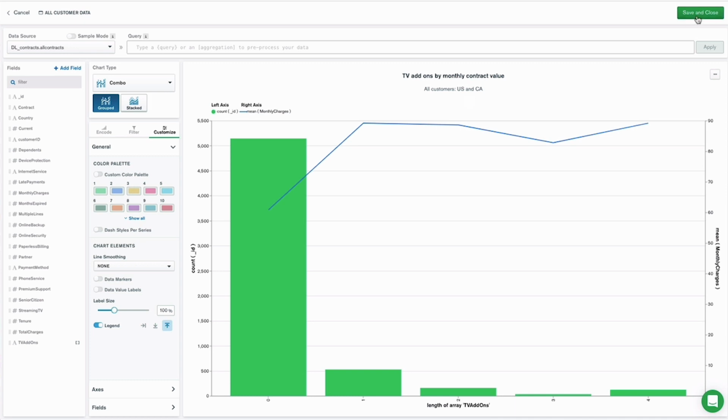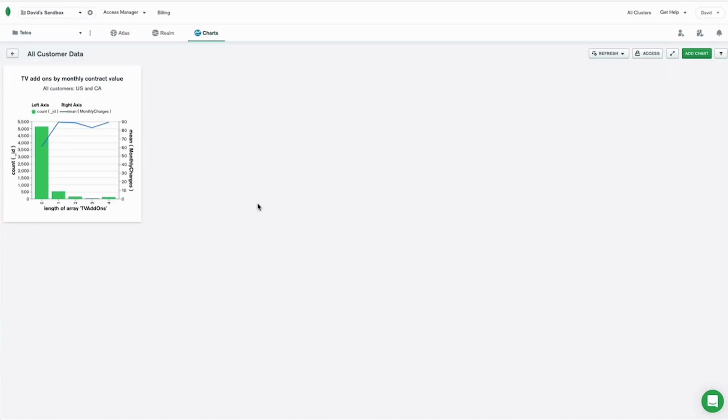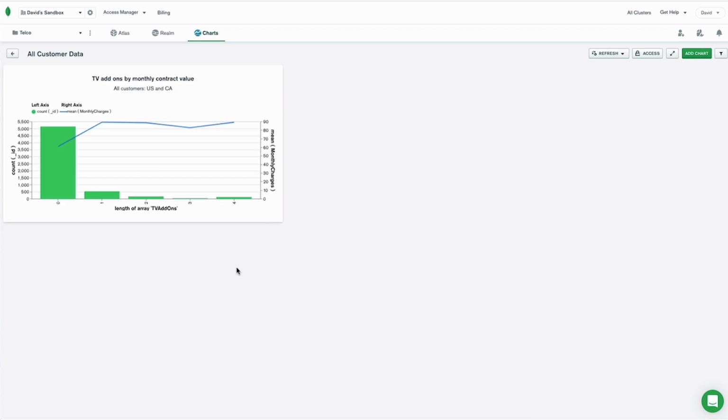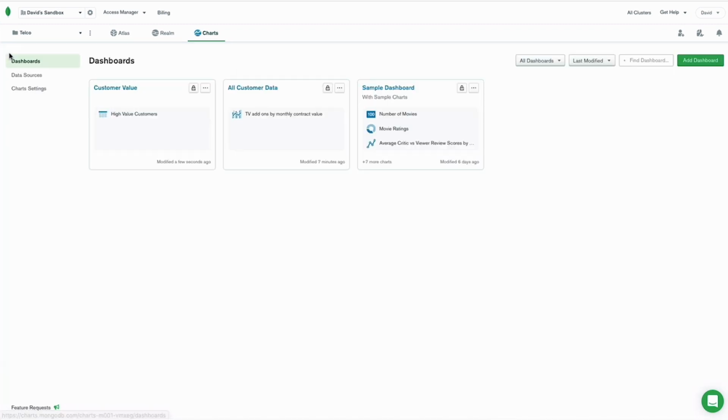So I'm going to save and close, and just like that, I showed you how you can visualize data on Atlas Data Lake using a new chart type, combo charts, a secondary y-axis, changing the location of the legend, and adding a description. So now I'm going to back out of this dashboard and go into another dashboard where I